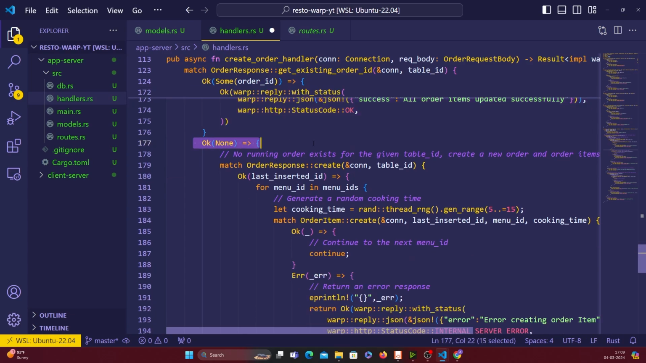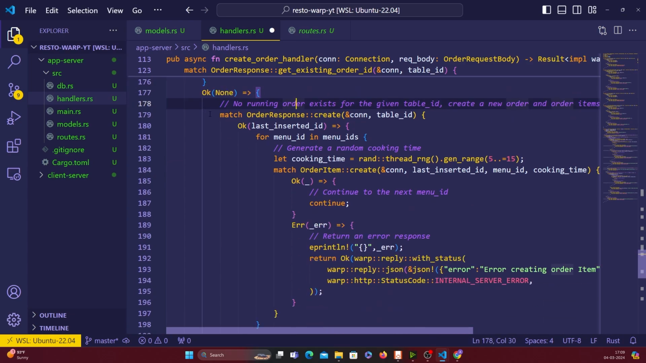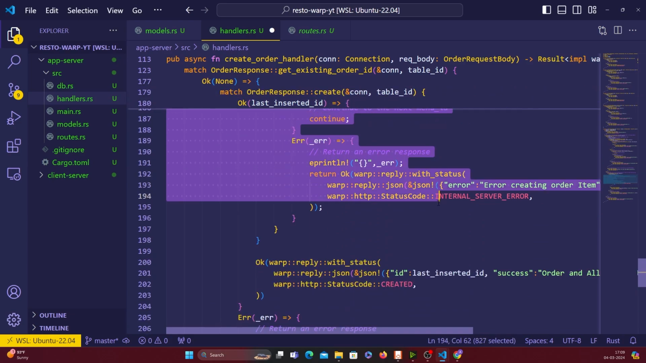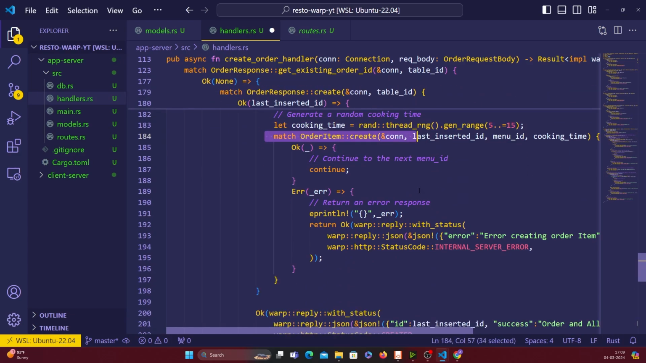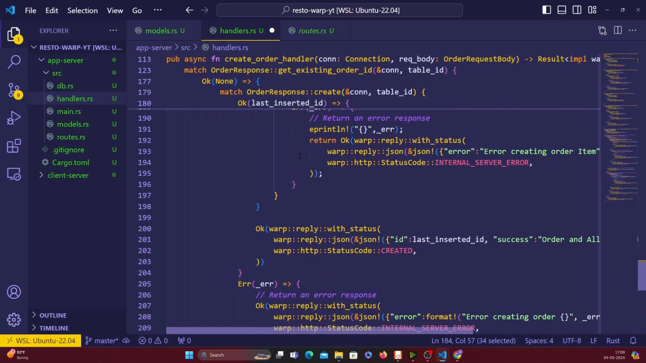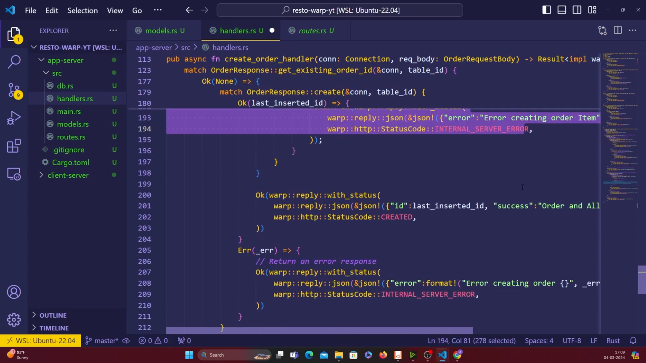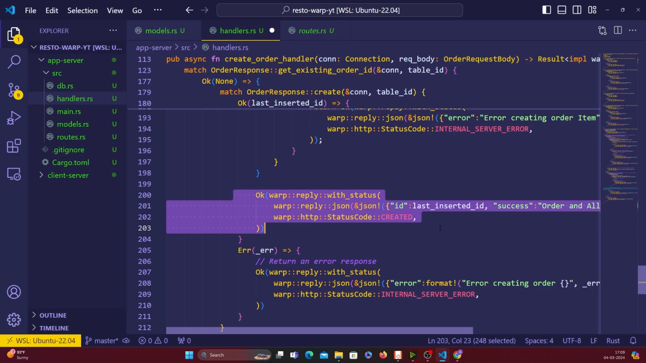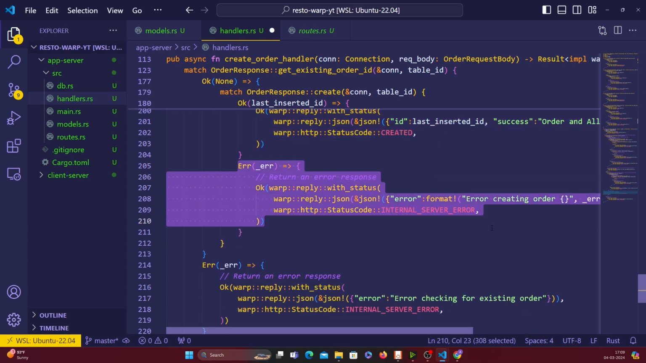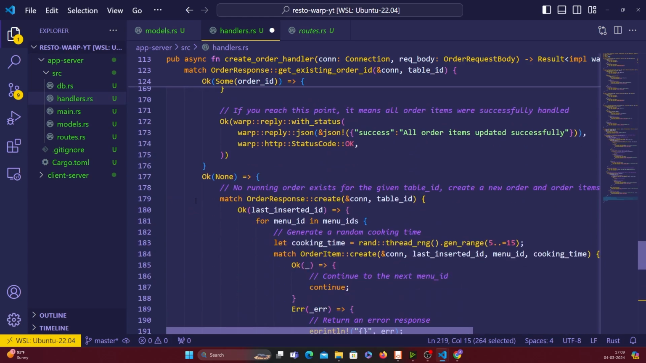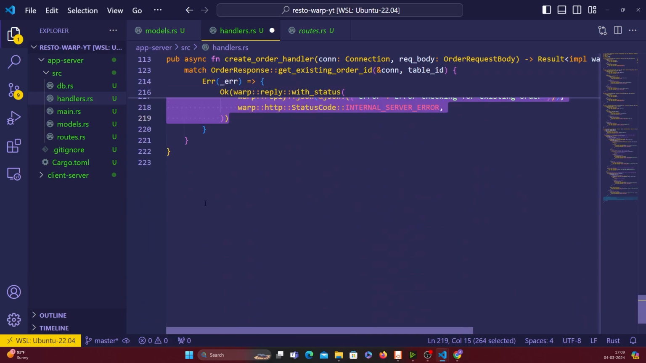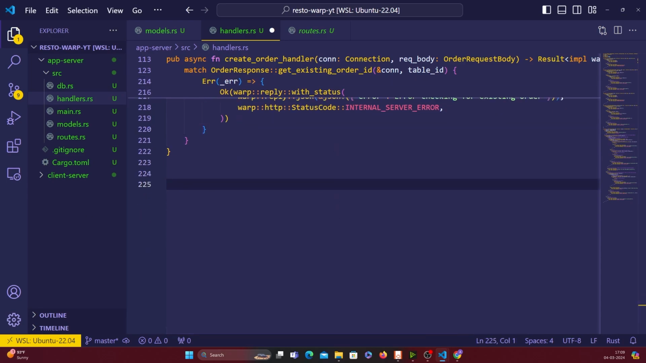And if you didn't find that order ID, so it's OK none, then you will create it. Inside that, you'll have to go through all the menu IDs and create the random cooking time, and create the order item for each of these. And then if there's an error, you return internal server error. If it was created, you just reply created. If there was an error in the outside loop, you say internal server error. And this error, you remember, is the outside one, for the outside OK sum and OK none. Okay, so we've done the create order handler